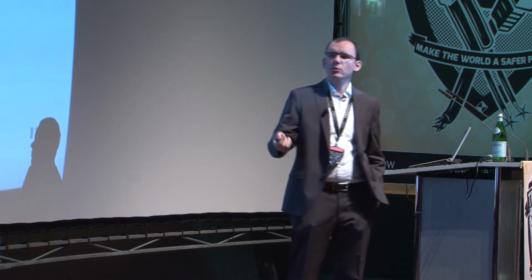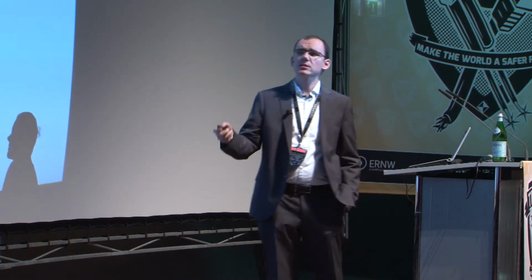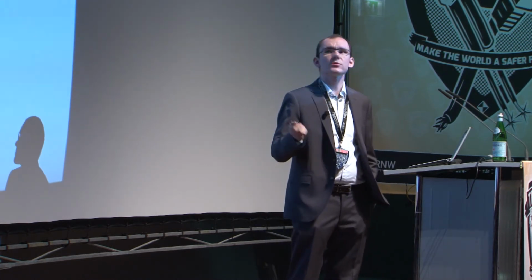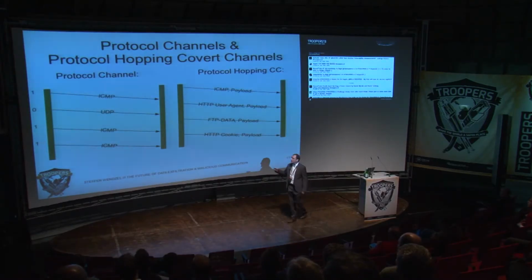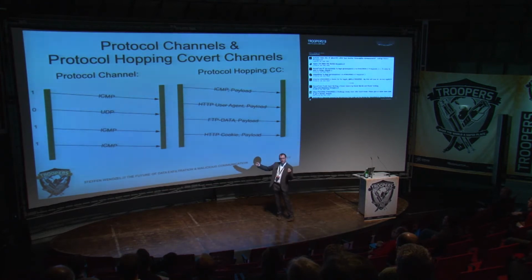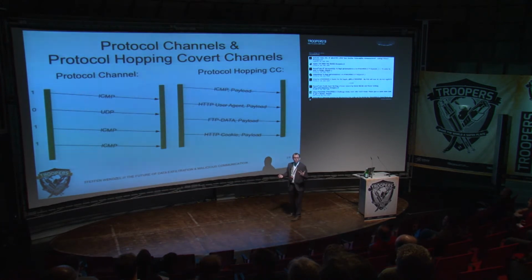There's also a concept called protocol channels. Because I need both terms later, I will just explain both approaches. In a protocol channel, you assign a bit value to a protocol. So if you want to transfer the message 1011, and 1 is transferred via the occurrence of an ICMP packet and 0 is based on UDP, then you send ICMP, UDP, ICMP, ICMP. It's a very basic idea, but hard to block.